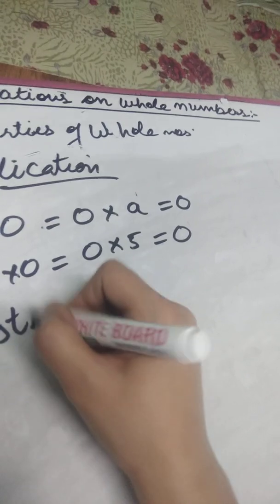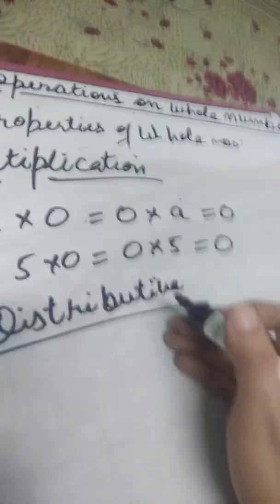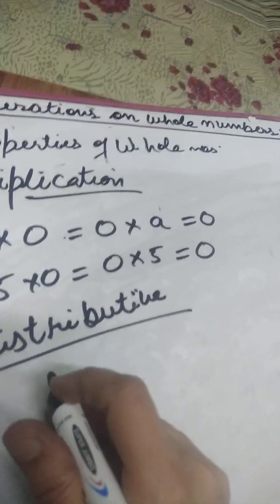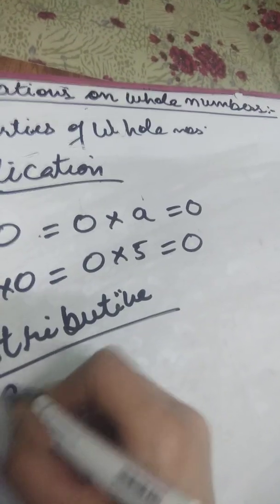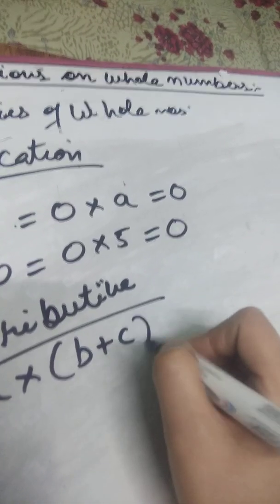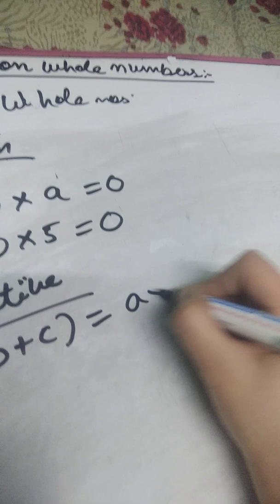Now the sixth law, distributive law. We have solved many questions with this law. Very, very important. So the distributive law of multiplication over addition. Now this is over addition, the reason I'll tell you. If A, B and C are any whole numbers, the law says A into (B plus C) is equal to A into B plus A into C. Because of this plus we are saying it's over addition. With an example also I will be telling you, but first of all how it is.